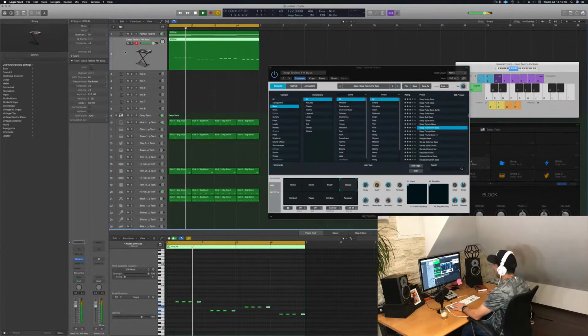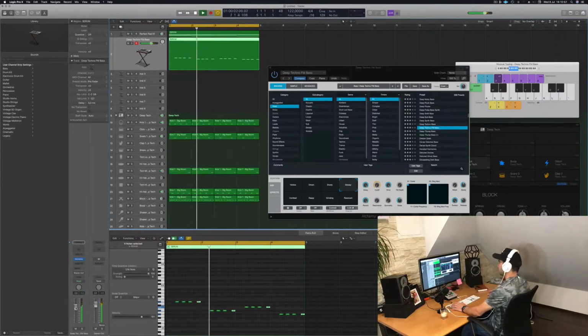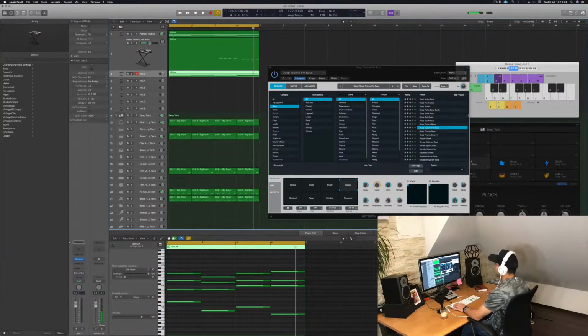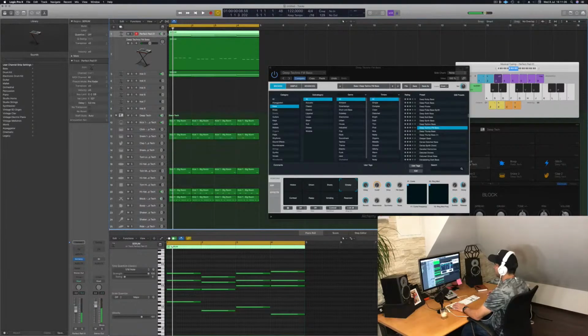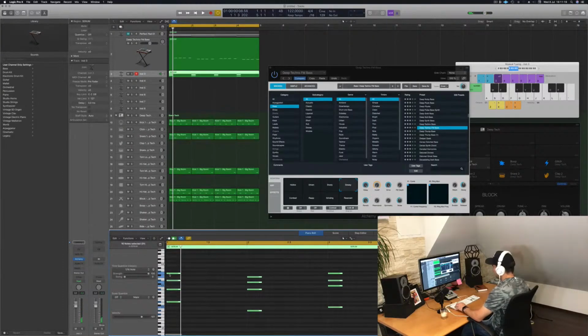Preset's name, Greasy. Perfect. Let's go straight. So we have this nice pad at the top, which I personally think is okay, but I will have to find a better preset for it. So we're gonna drop it for now, and I'm gonna go into the chords that I just replicated here. I'm gonna create a little bit of a stab